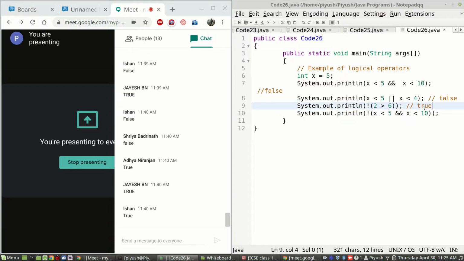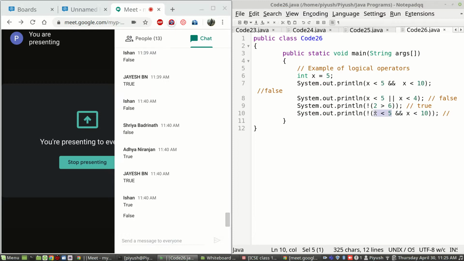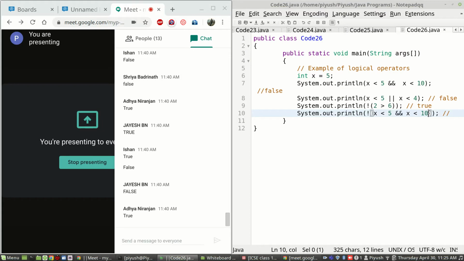Good. What about this one? This inner thing will become what? Is x less than 5? This is false. Because logical AND is there, the entire thing will become false. Why? Condition 1 is here and condition 2 is here.